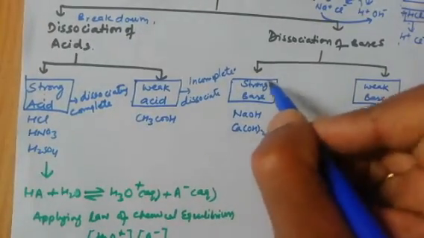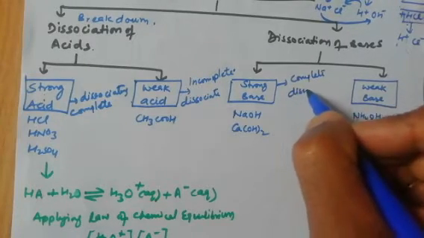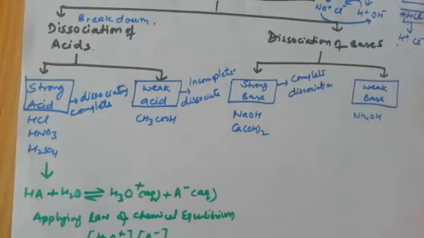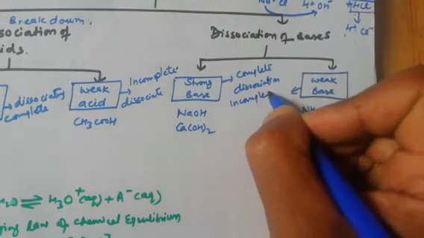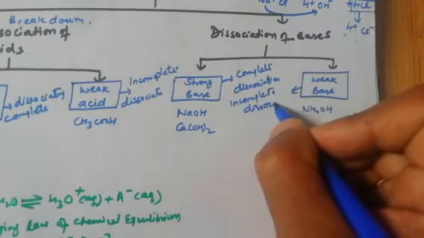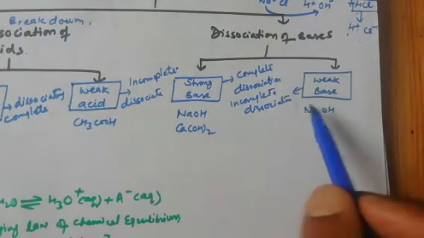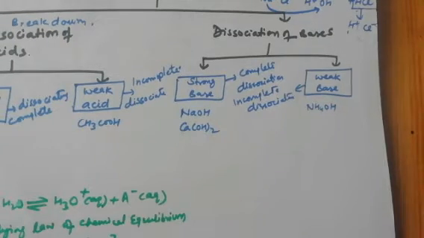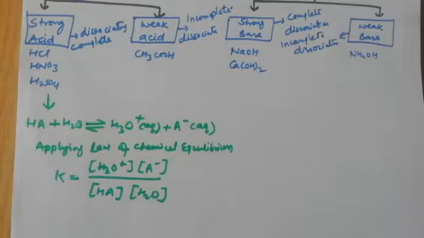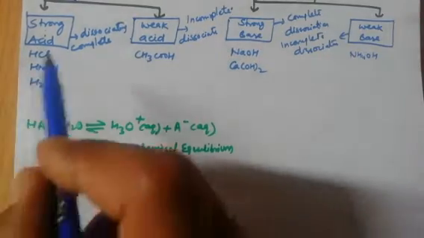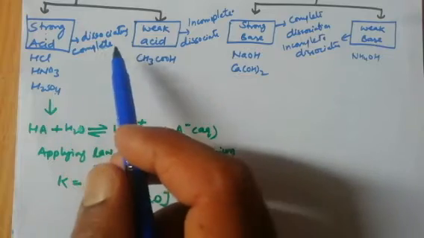In a similar way, a strong base dissociates completely, whereas in a weak base there is incomplete dissociation. Examples of strong base are NaOH and Ca(OH)2. A weak base is NH4OH, ammonium hydroxide. Now, as I said, strong acids like HCl, HNO3, H2SO4 undergo complete dissociation